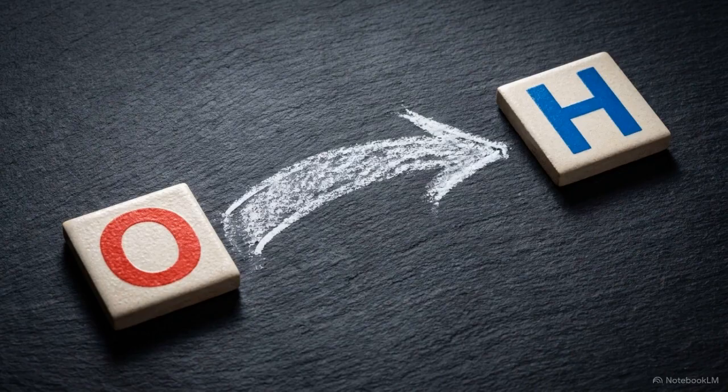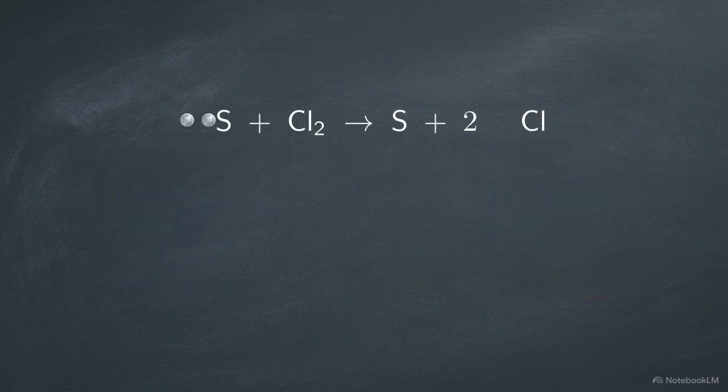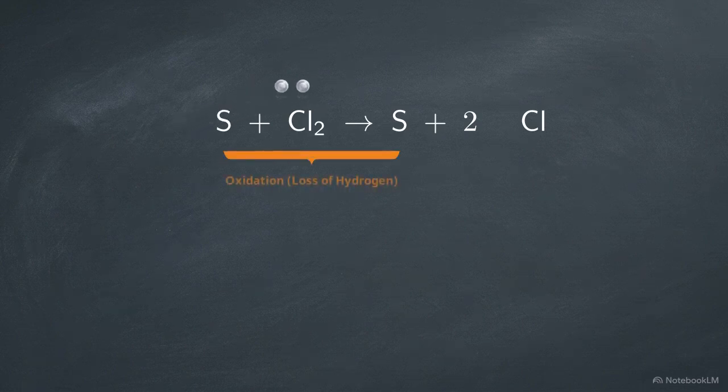The second definition swaps out oxygen for hydrogen, but the rules are reversed. Here, oxidation is the loss of hydrogen, while reduction is the gain of hydrogen. In this reaction between hydrogen sulfide and chlorine, the hydrogen leaves the sulfur, which is oxidation, and binds to the